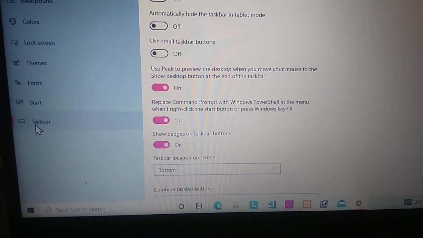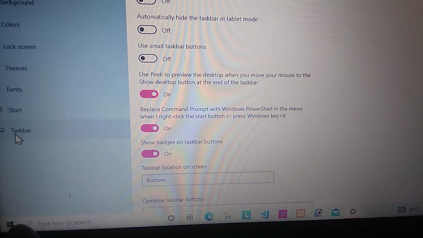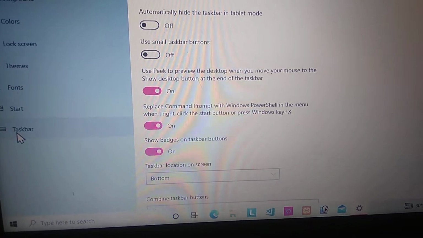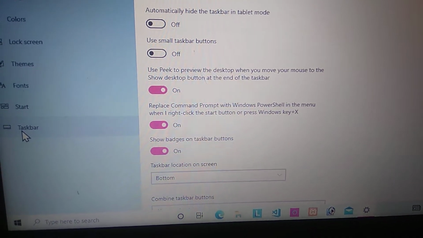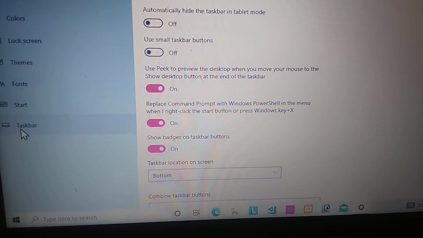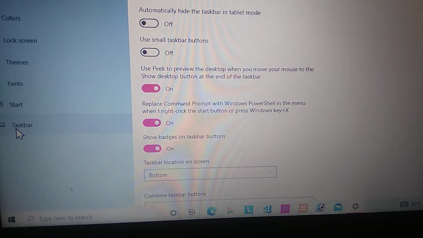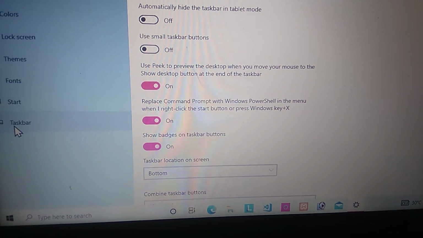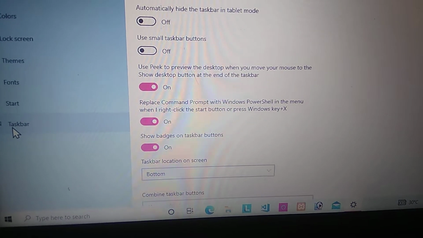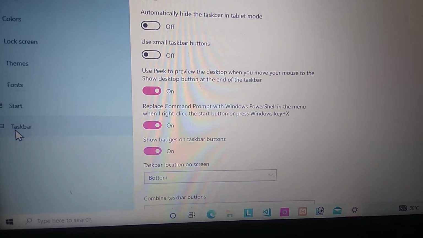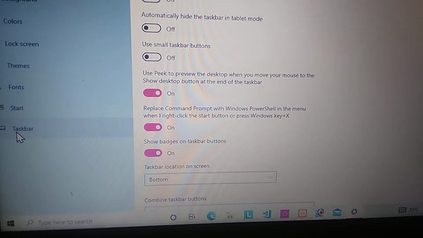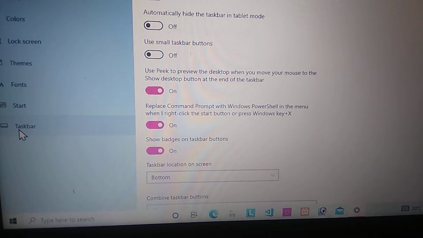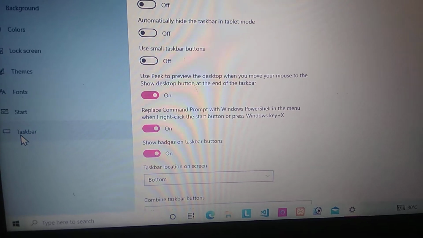What is the taskbar? The taskbar is located at the bottom of the screen. This whole area is called the taskbar, and generally, as the name suggests, if we want to perform any task on the system, you will get all the things from the taskbar. For example, if you want to open a program, you can open it from the taskbar. And if any program is opened on the screen, you can see the icons of the open programs on the taskbar. You can even see the date and time, and some notifications. So all the things that you want to perform on the system, you will get through the taskbar. Let's do the practical of this one.